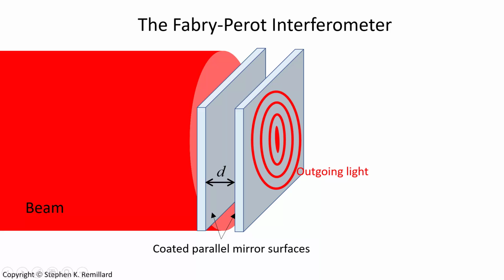The Fabry-Perot interferometer is formed from two mirrors. They have coatings on them which transmit some light and reflect most light. Light incident from the left impinges on the first mirror. Light gets into the space between the mirrors and becomes trapped as it reflects back and forth. The reflecting light interferes with itself, forming some sort of interference pattern, which we're going to go over in this